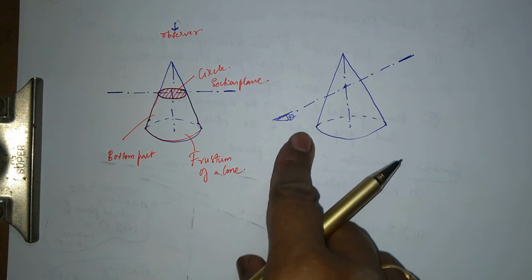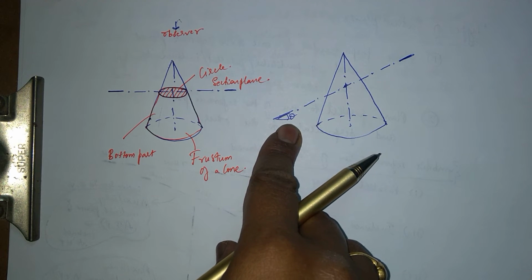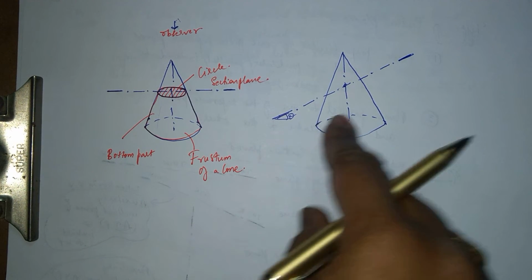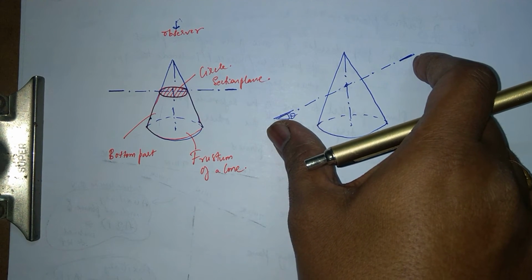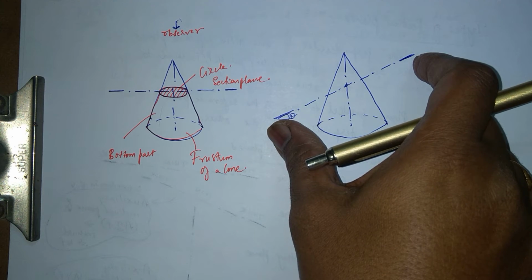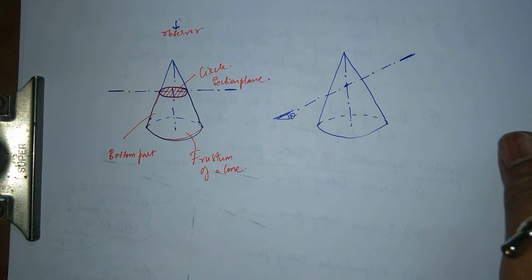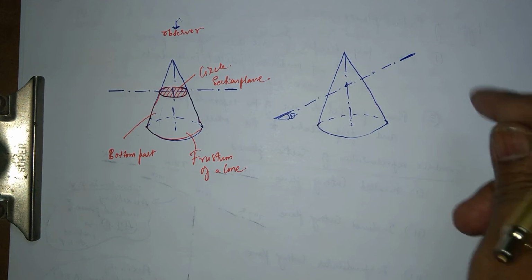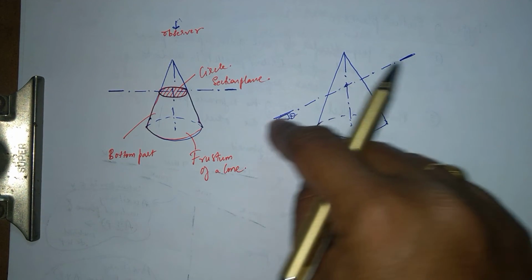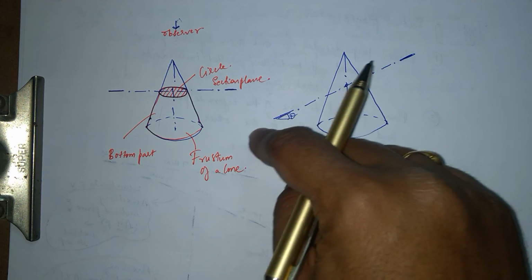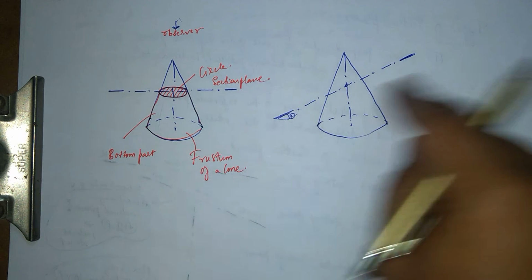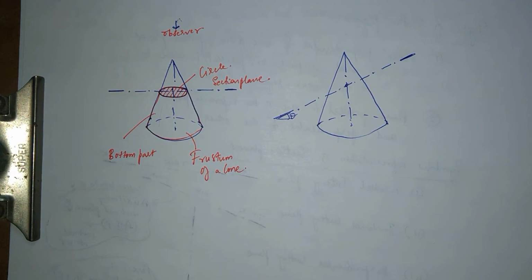It is inclined, making an angle theta to the HP. And in the front view, you see the section. This is what you see. This is called the front view of the section. That is basically a line. Okay, it's also called a trace, or this is the sectional view. This is the section line. I can call it a section line, or the trace of the sectional plane, or the section.